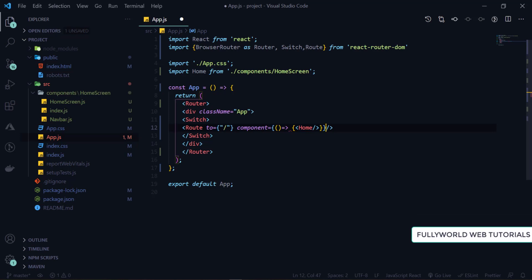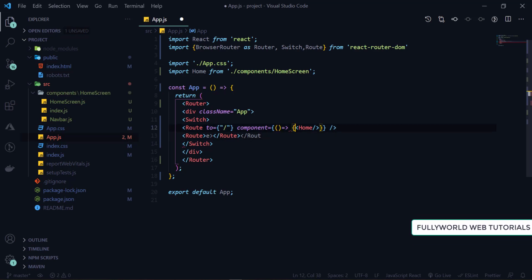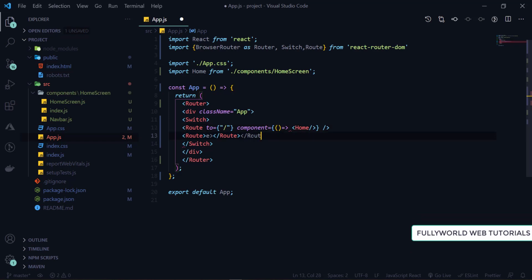So our Home component is here, and then we want our second route. We are having one error here, I don't know why this error is coming. Yeah, now the error is resolved.